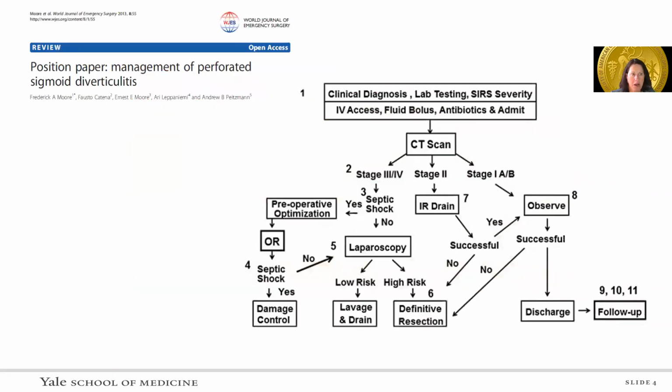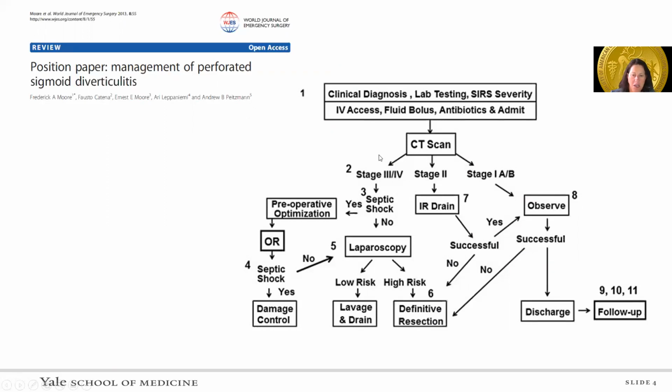This position paper goes over the overall management of diverticulitis, briefly commenting that stage 1 can be successfully observed and discharged. And if they cannot be successfully observed, they can undergo definitive resection either during that hospitalization or at a later time with recurrence. Stage 2, which is the localized abscesses, generally in the pelvis, can be managed with interventional radiology drainage. And again, if that is successful, those patients can be observed. However, if the abscesses are recurrent and/or the drainage strategy is unsuccessful, the patient can be referred for a